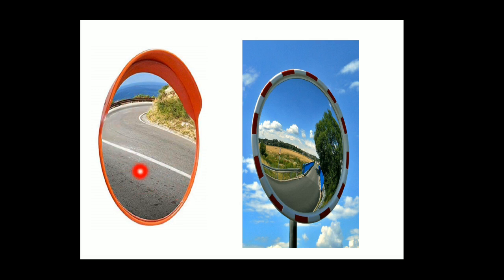So when a vehicle is coming from a long distance, what is coming, we can't go and check. The mirror gives the image for us. The same thing here. It gives the image over a long distance, with a large field of view. These two are spherical mirrors. We'll study them one by one.